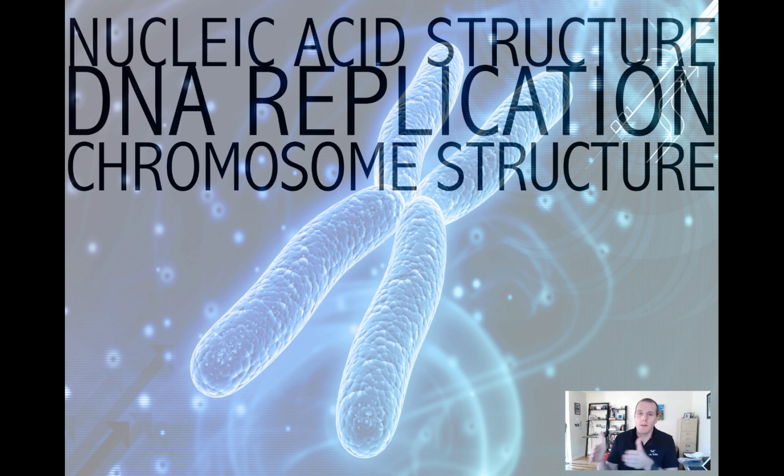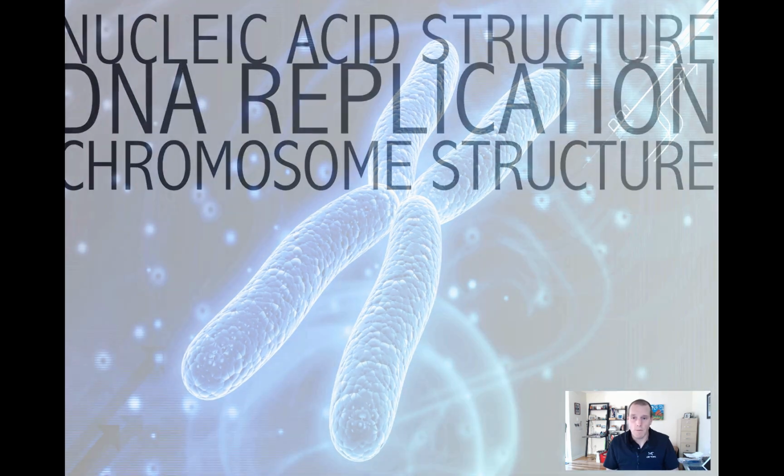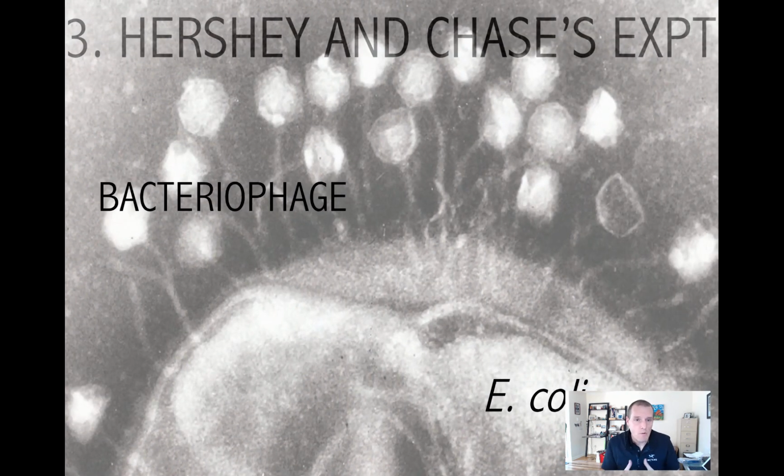Now, there's three sets of experiments which really led us to the understanding that DNA was the genetic material, at least in more complex organisms. If you look in the viruses, that's not always the case. So we had the work of Griffith, who gave us the transforming principle, Avery, McLeod, McCarty, who showed us the transforming principle was most likely DNA, and now we're going to look at the contributions of Hershey and Chase. These guys really wrapped everything up for us and gave us a pretty good definitive answer to the question, is DNA the genetic material, which we now know to be the case. So the experiments of Hershey and Chase